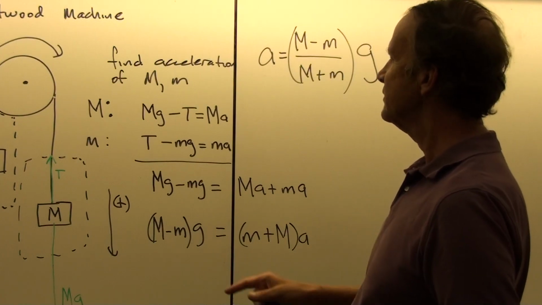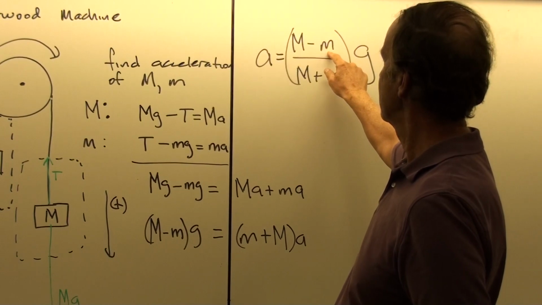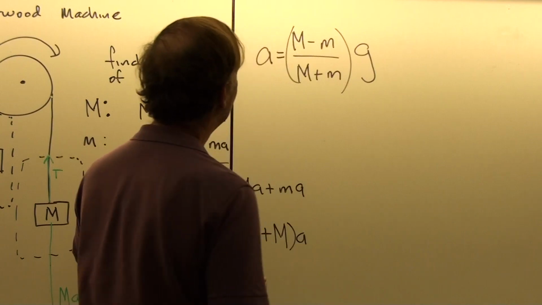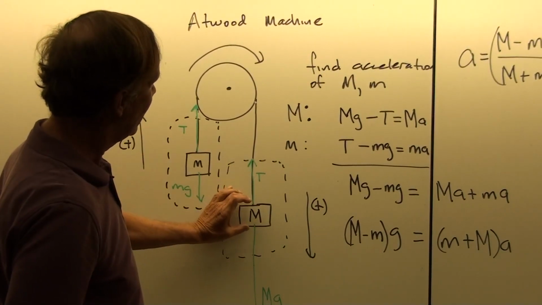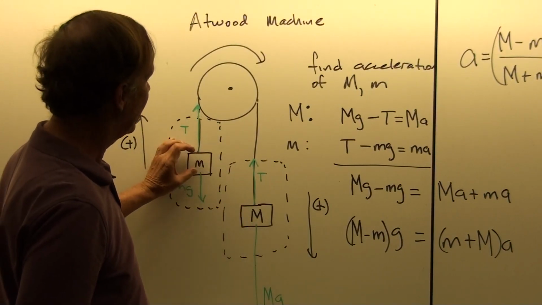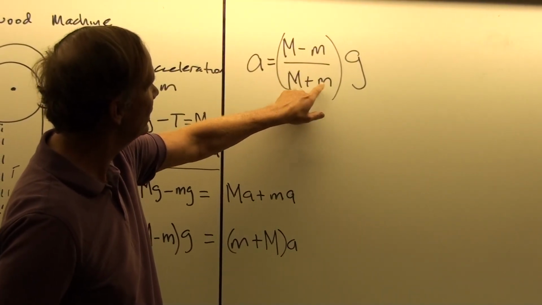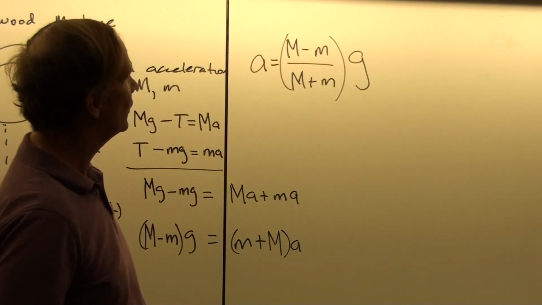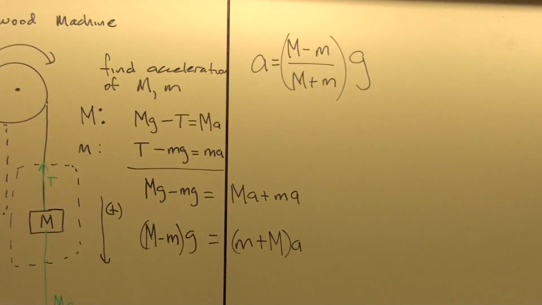In the other case, let's say that big M is super big in relationship to little m. Okay, so the little m is like the mass of a proton or just something really, really small. Well, then what we have essentially is no mass on this side and all the mass on that side. So this side should be in free fall if this has no mass, right? So in the limit as little m goes to 0, the acceleration just becomes big M over big M times g, or it's in free fall. So that matches up in the limiting conditions.